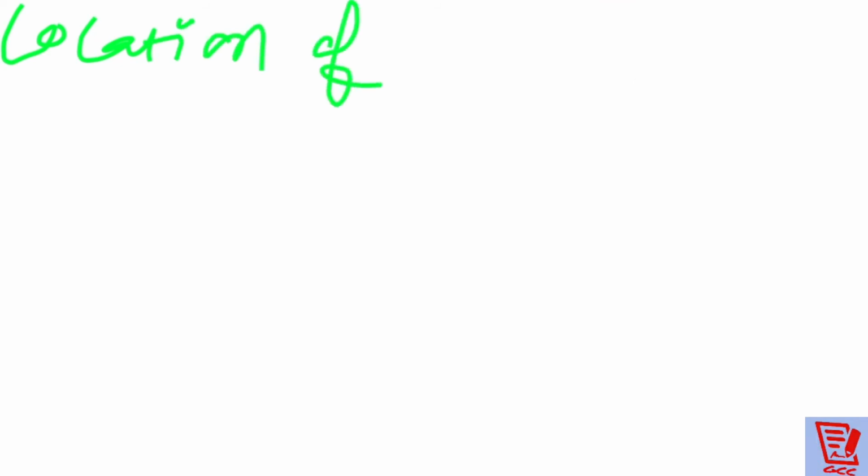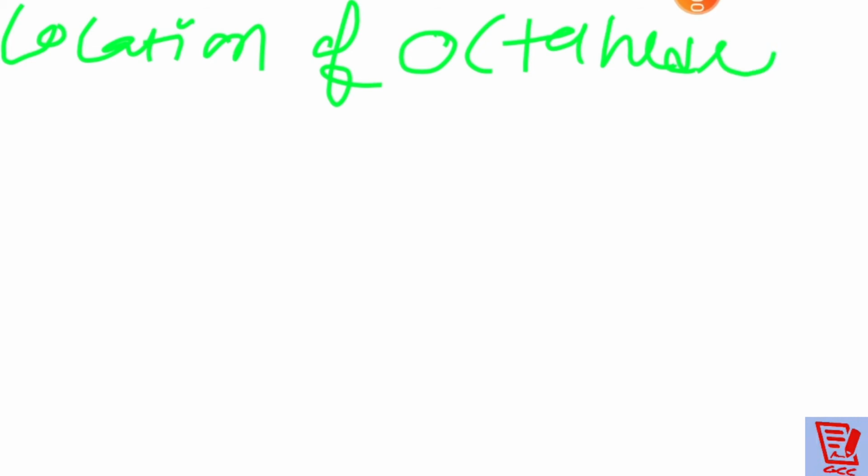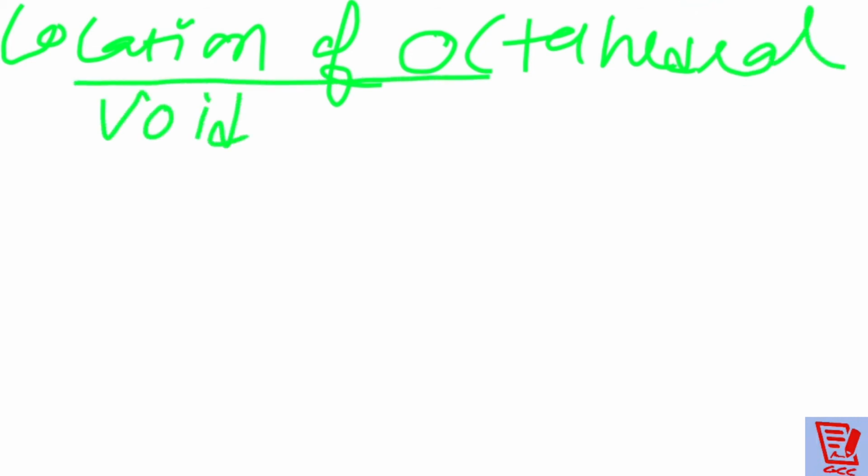Now I'm going to discuss with you its B part. B part is here regarding the location of octahedral void. Location of octahedral void. And whenever we are talking about the octahedral void, we have to draw the cube, the space lattice,